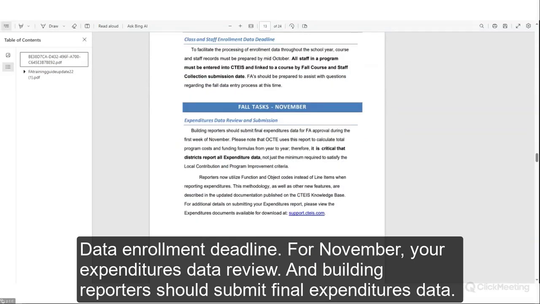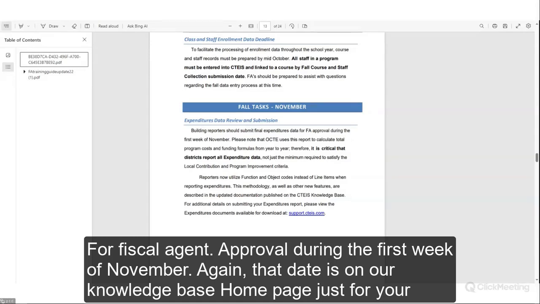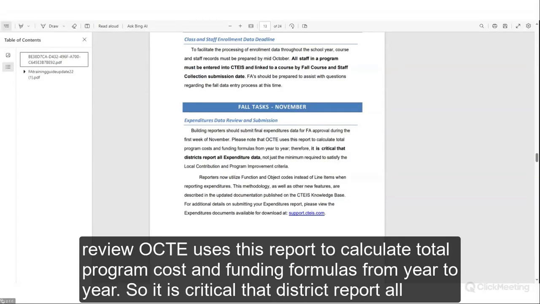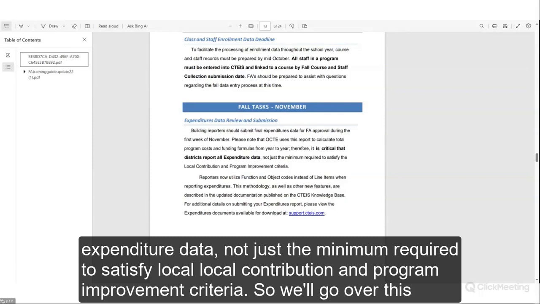For November, your expenditures data review and building reporters should submit final expenditures data for fiscal agent approval during the first week of November. Again, that date is on our knowledge base homepage just for your review. And OCTE uses this report to calculate total program costs and funding formulas from year to year. So it is critical that districts report all expenditure data, not just the minimum required to satisfy local contribution and